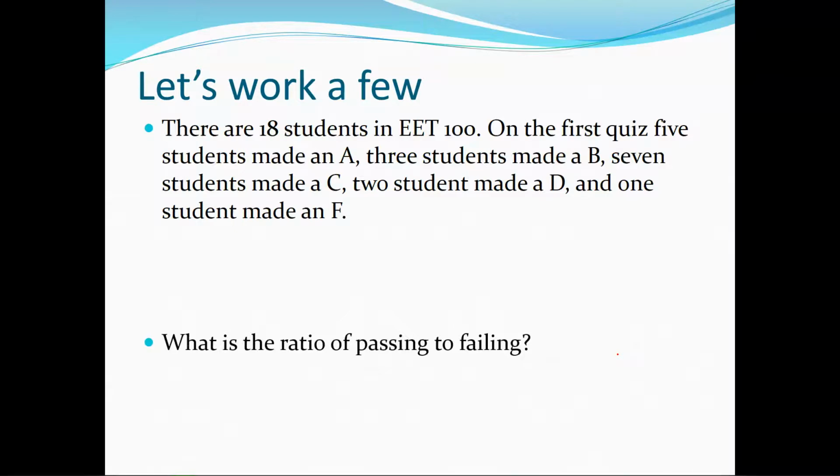So what is the ratio of passing to failing? Now this is not the loss in pass fail. This is strictly like if this was a high school, what's the pass fail rate? It's the number of A's plus the number of B's plus the number of C's plus the number of D's. Is D passing? D is technically passing in most school systems. It's just not in college. Yeah, like somebody mentioned in a text message, it's that one. It's almost like 17 over 18? It is 17 over 18.